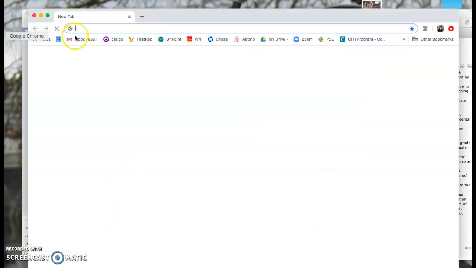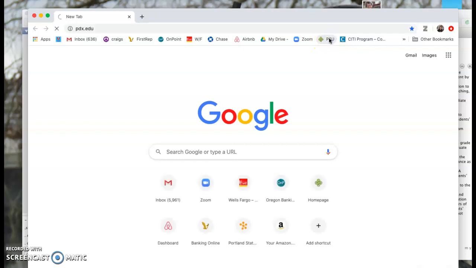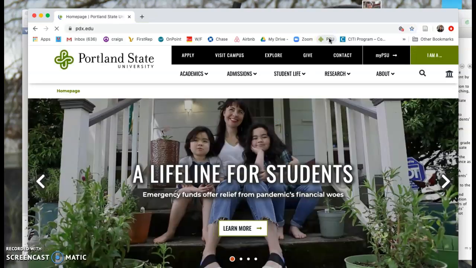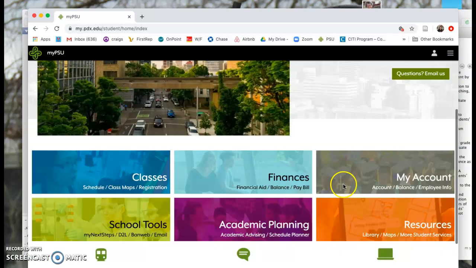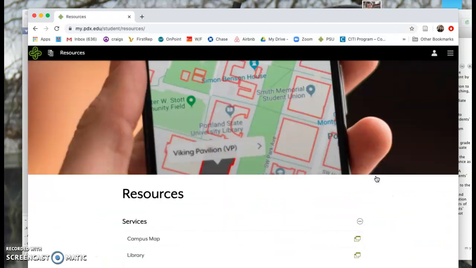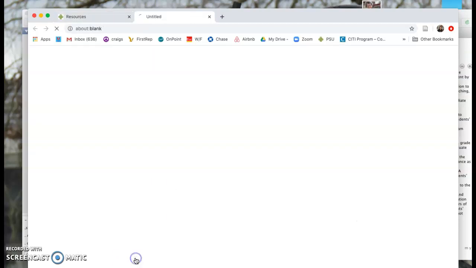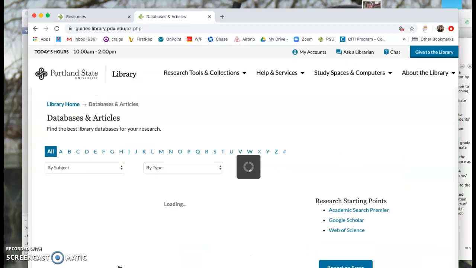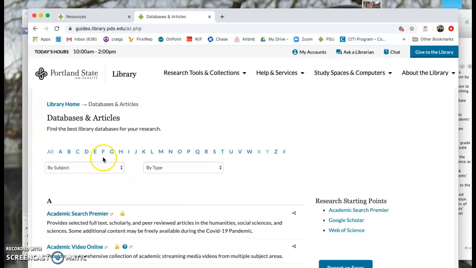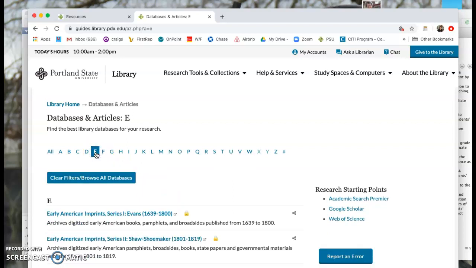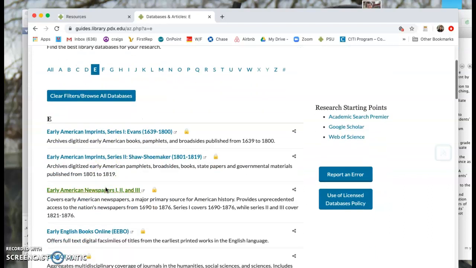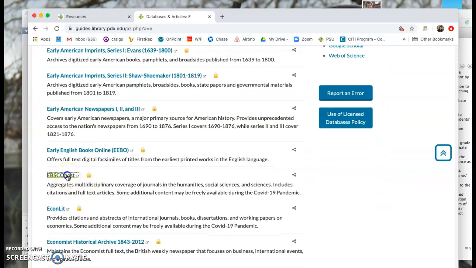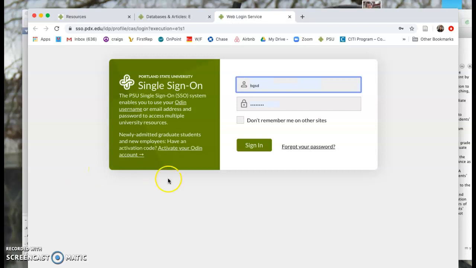So I'm going to click here, I'm going to PSU, and then my PSU, Portland State. Then I'll go over here to the library, and library again, and then I'll go to databases and articles, and I usually use EBSCOhost, although if you're in the humanities, you probably use JSTOR. In the sciences, you probably use some other. But this is EBSCOhost, which has quite a few